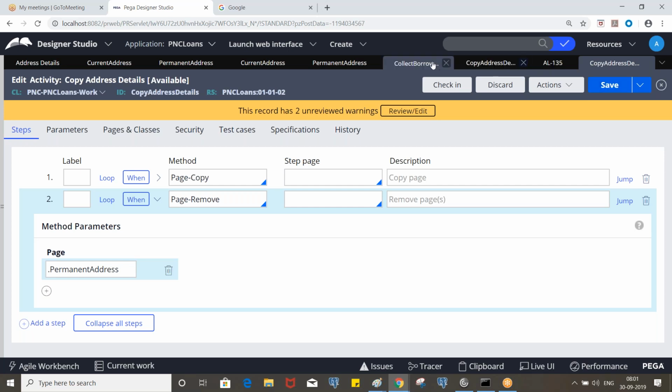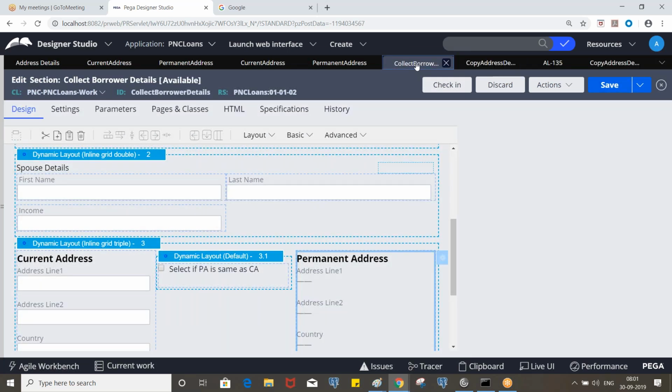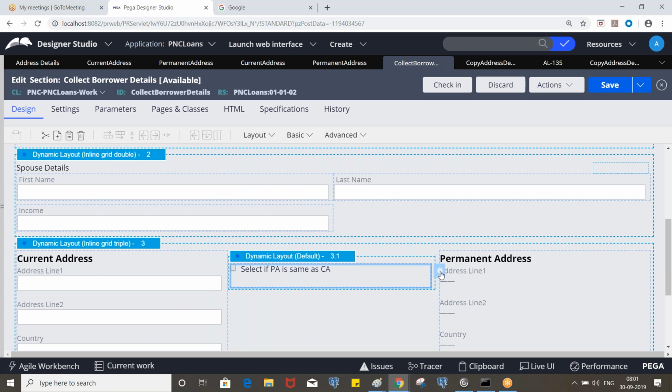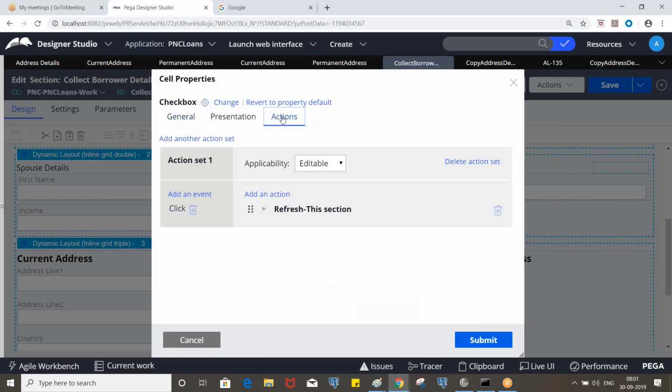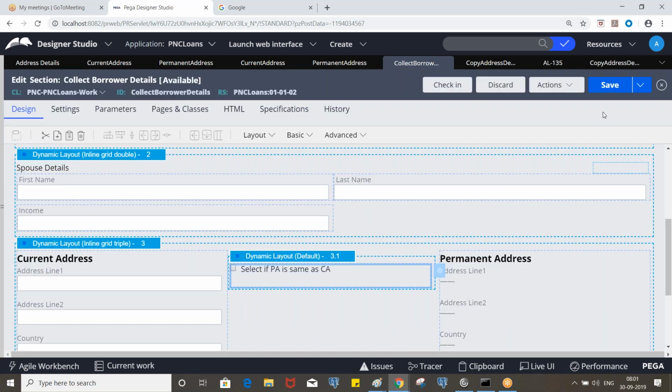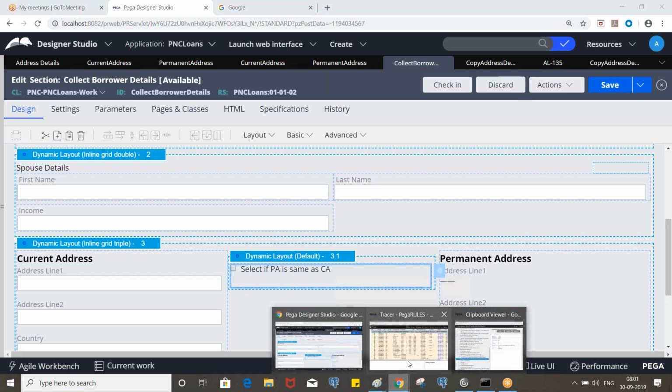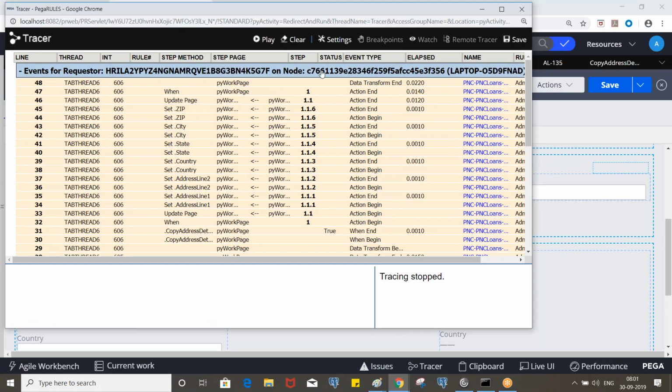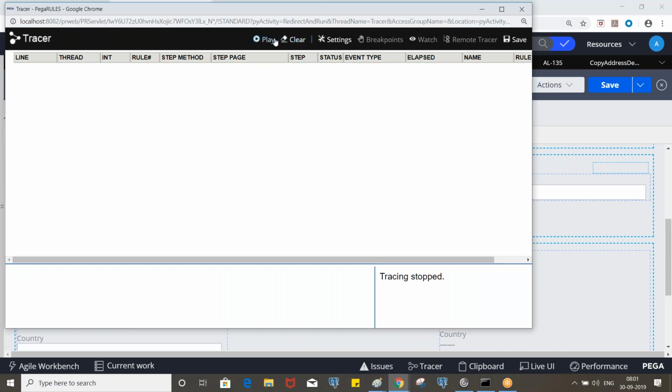So now can we call it and execute it? Go to the collect borrower details and let's remove the data transform and call the activity. Again, best practice is data transform only.